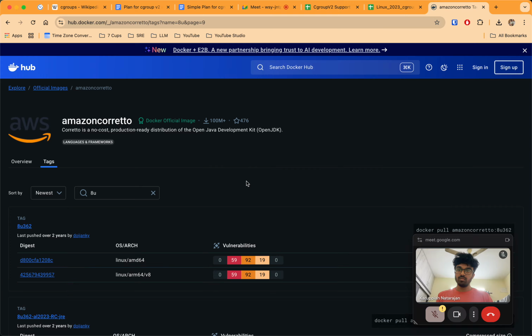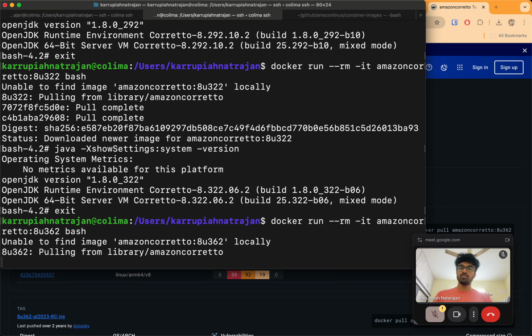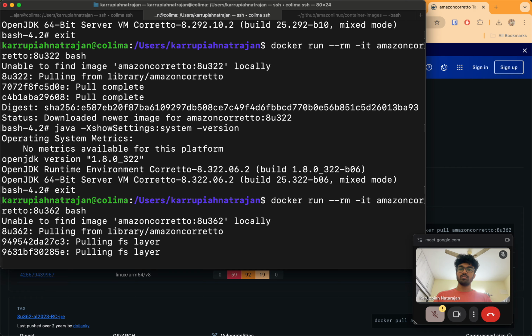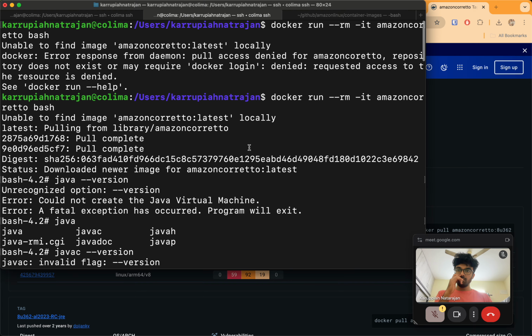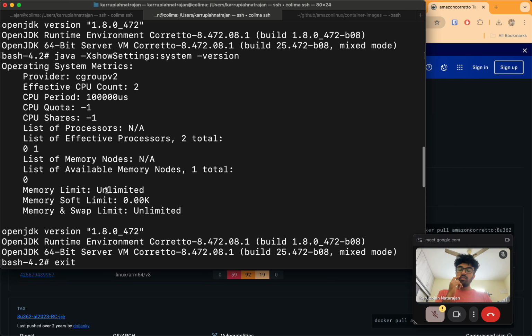No metrics available. So it's actually 372, okay. 362, interestingly, here alone it says memory limit is unlimited, soft limit, list of processors, total.